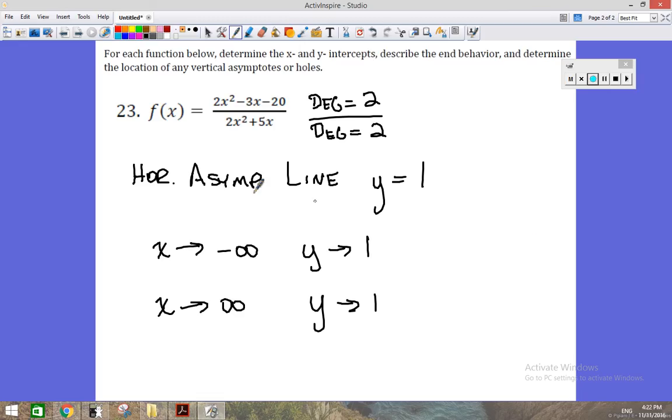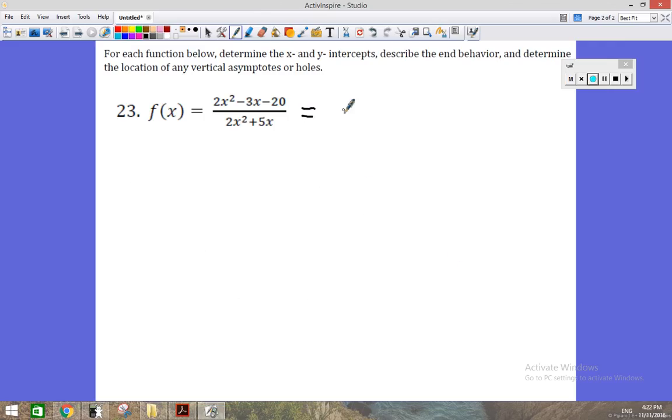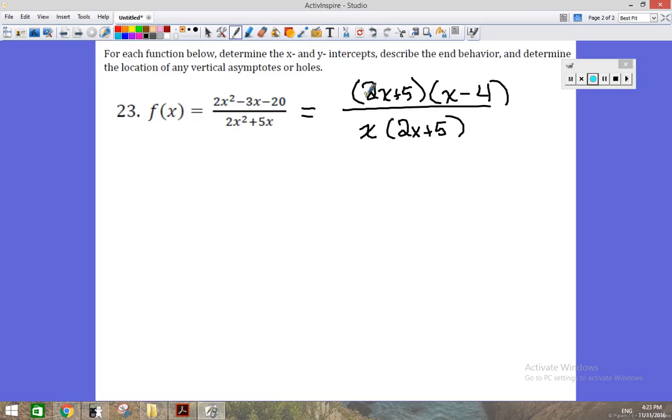Alright, now it wants me to determine the location of any vertical asymptotes or holes. And of course, I erased my factored form of this. So let's factor it again real quick. 2x plus 5 was a factor, I believe. And then x minus 4. Because a positive 2 times a negative 4 was negative 8. Negative 8 plus 5, negative 3. Yes. Alright, so